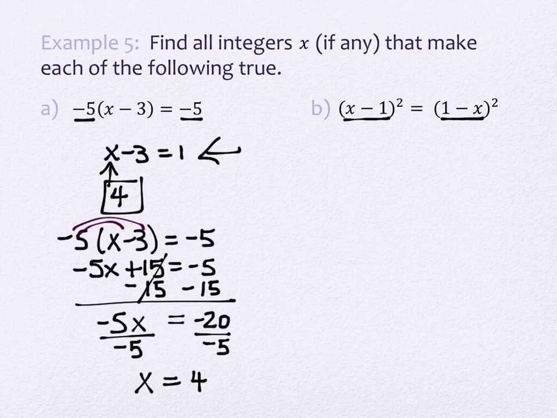So the fact that you have x minus 1 and 1 minus x and they're exactly the same means that these two quantities are already equal except for the signs. Correct? One of the signs is going to be positive, the other one's going to be negative, depending on what x is. But then we're going to square them. So it doesn't matter. So this is actually true for all integers. There are no numbers that we can't let x be here to make this work, because these two quantities are the same